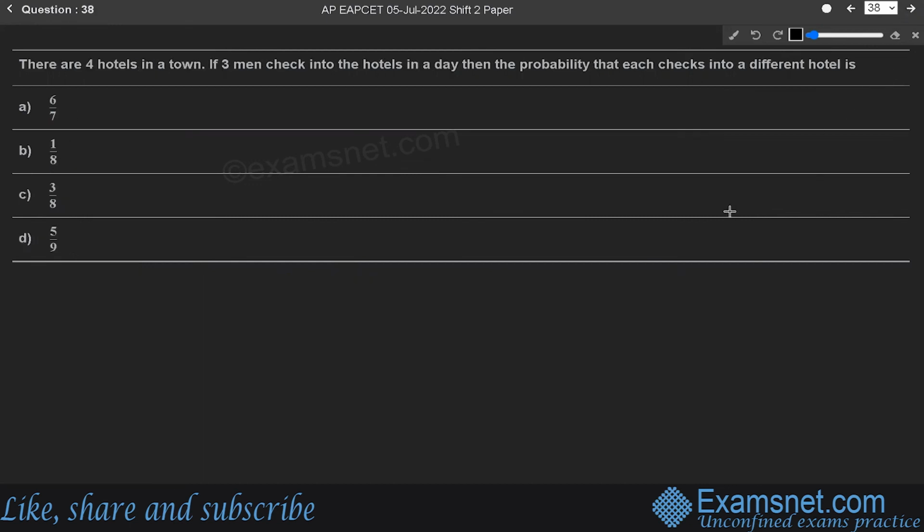Moving on to the next question. Again, you can see that continuously all the questions are coming from probability. There are 4 hotels in a town. If 3 men check into the hotels in a day, then the probability that each checks into a different hotel is... We know that total cases of checking in the hotels